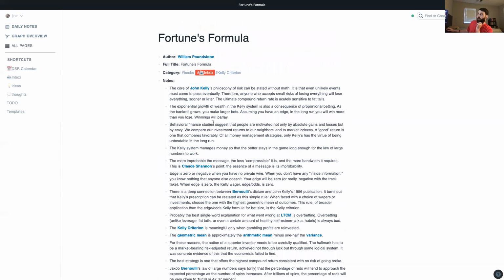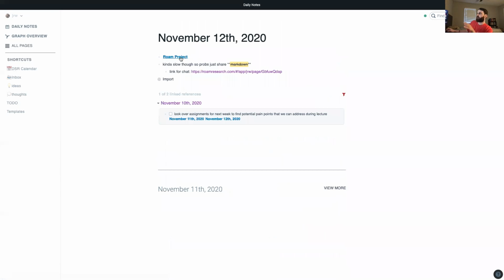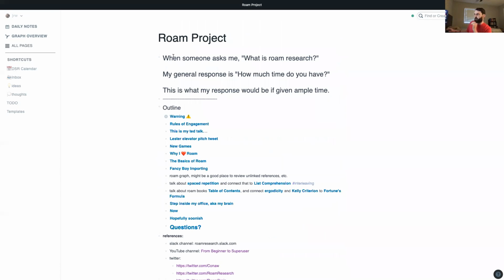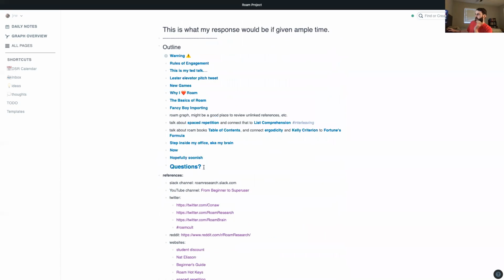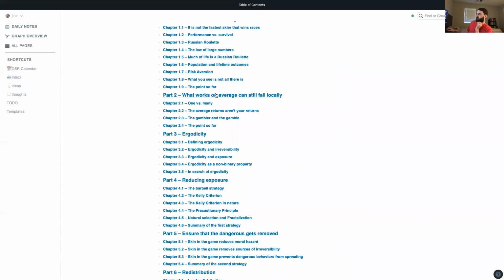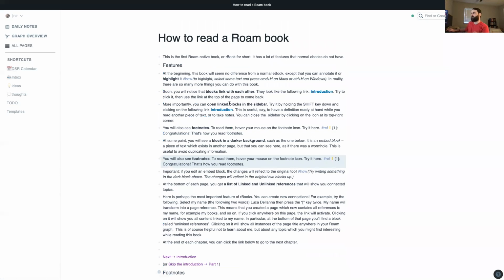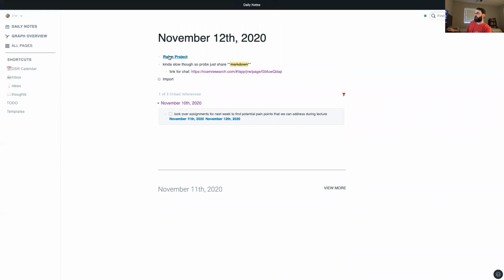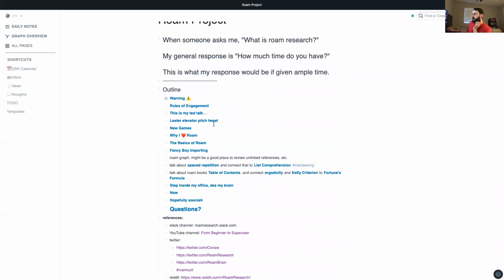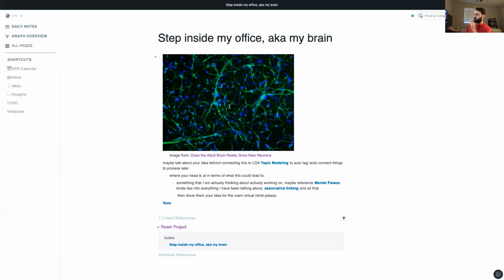So that's just kind of cool. And it's a little messy to read the book at first. So actually, let's go back to the book. He sort of has this how to read a Roam book, so it kind of helps you out. And now, all right, so